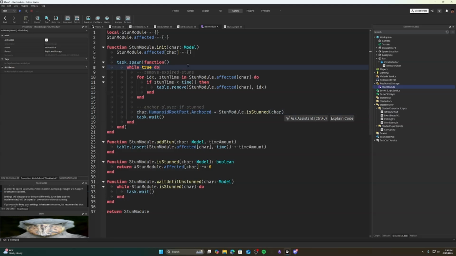So you almost always know when a value will change. Almost always. There are very few times where you don't, but especially when you have a module like this. Right here in add stun, we know what this value is. This value is time plus time amount. And if we know what the value is, we almost certainly can write